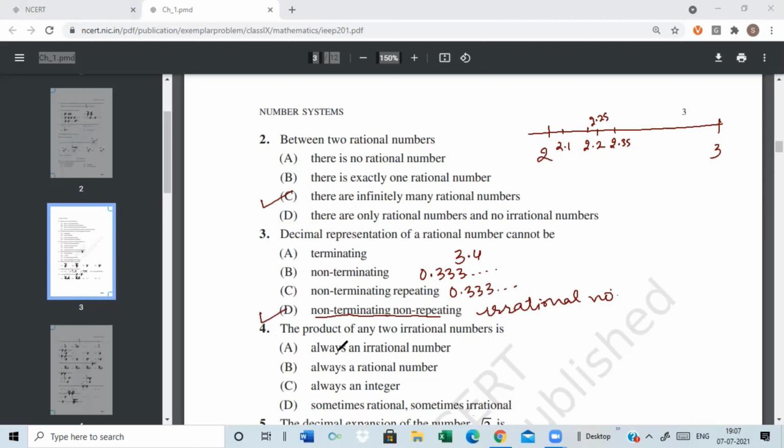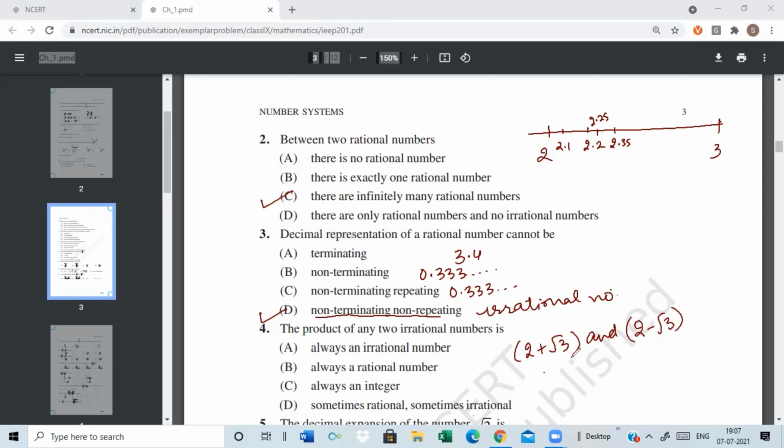The product of any two irrational numbers is: always an irrational number, a rational number, an integer, or sometimes rational, sometimes irrational? Now, this will be explained by an example. Suppose we have two irrational numbers, say 2 plus root 3 and 2 minus root 3. Both of these are irrational numbers. Now they are asking about the product. So if we multiply this,